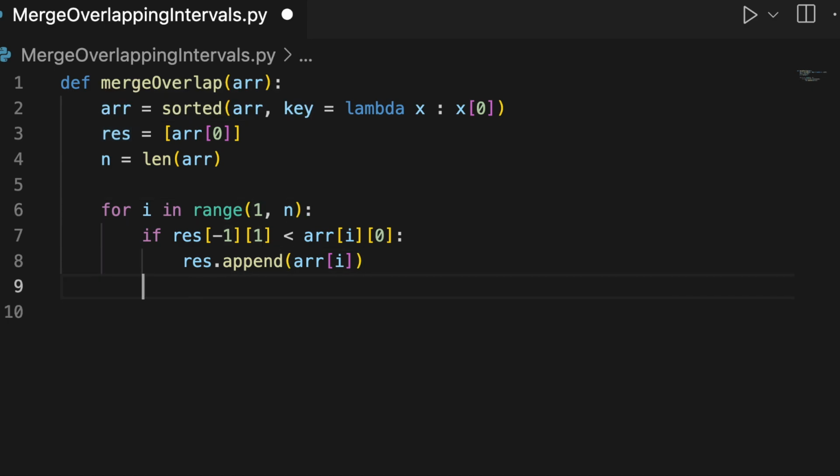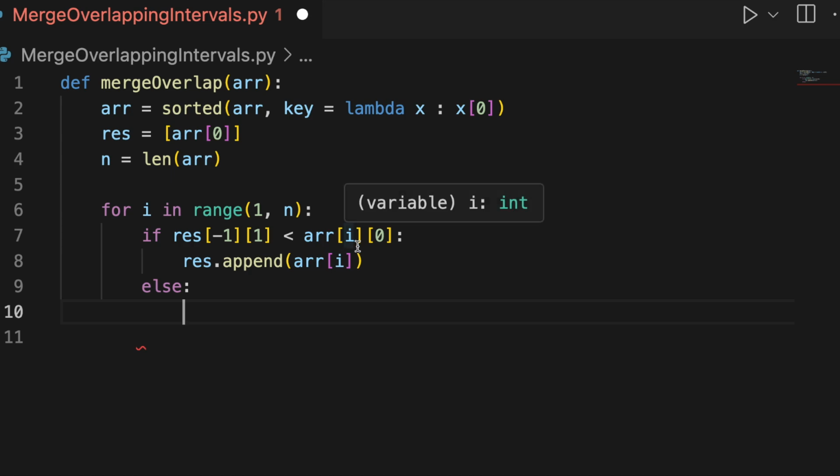And in case that is not the case, in the else part, what I have to do is I have to now merge these two time intervals. If they are overlapping, that is the ending time is actually greater than or equal to the starting time of the second time interval, then I have to actually merge these two intervals. And how do I merge them? I will just take the maximum,